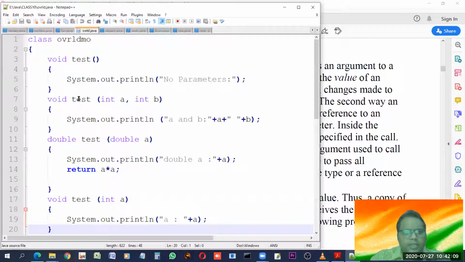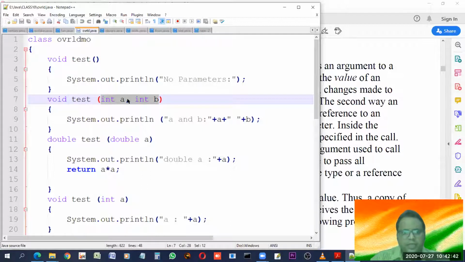When we make any function like this, the first part tells the return type. This is the name of the function, and the set of data inside the parentheses are the arguments. These are also called parameters. Here in this case, we have two parameters, int a and b. In this case, we have no parameters. So these are called parameters, arguments.